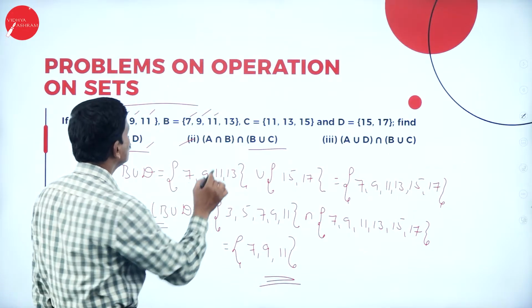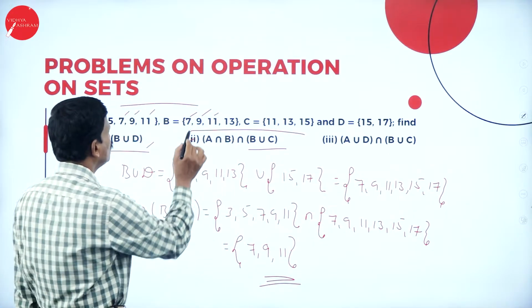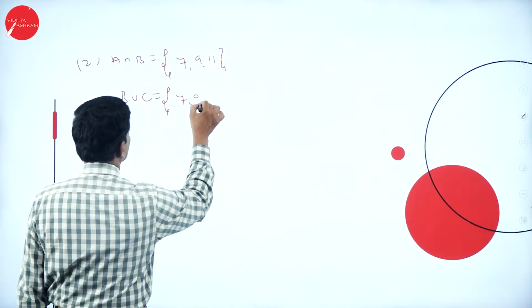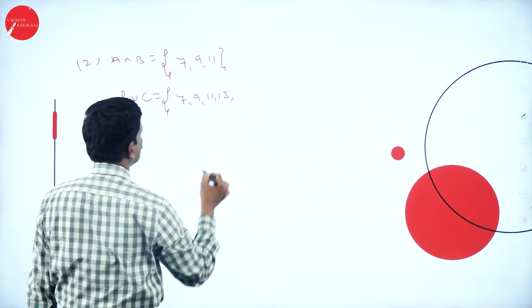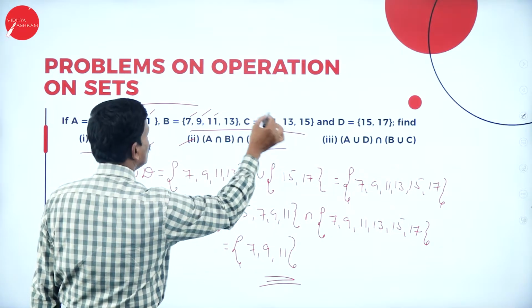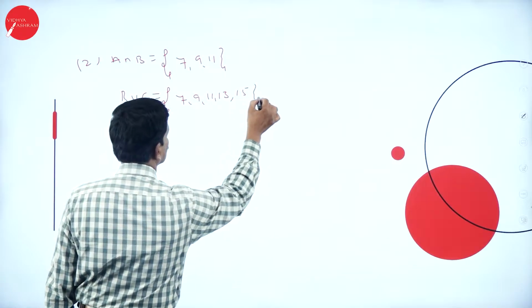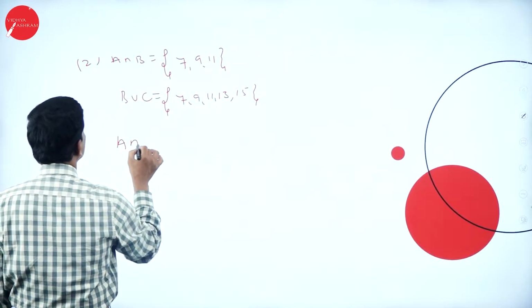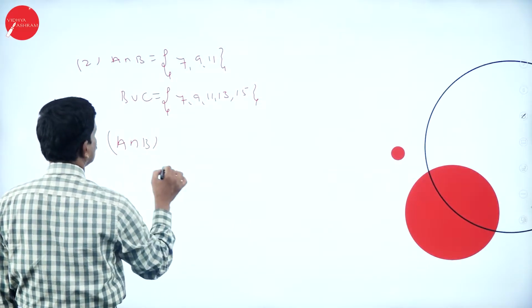Union of B and C. So the union of these two. B contains 7, 9, 11, 13, and C contains 11, 13, 15, so the union is 7, 9, 11, 13, 15. Now what is to find? The intersection. So therefore A intersection B intersection